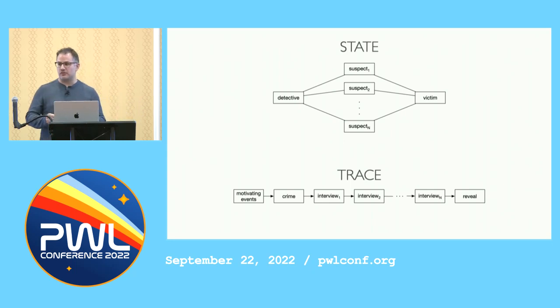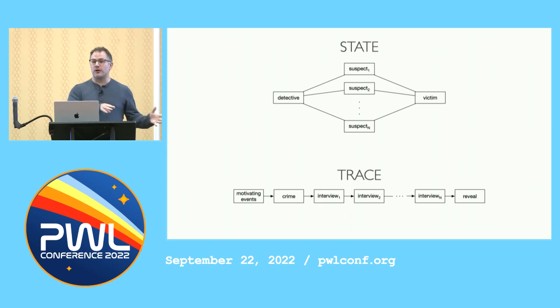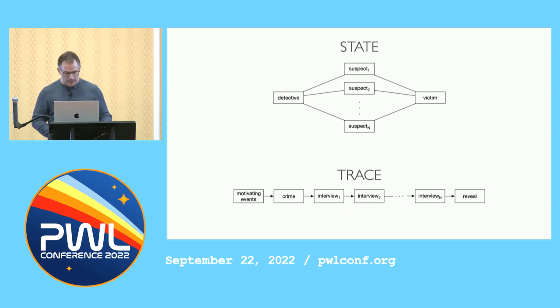And I want to emphasize that this is not some sort of regular expression that validates whether something is or is not a murder mystery, right? We can work outside of this formula. We can deviate from it, we can elaborate upon it, right? But what this structure does is provide a baseline such that the only things being communicated are these deviations and these elaborations, right? And then the trace, as these events occur, is updating the state, which is shown above as the characters or roles and their properties and their relationships, right?